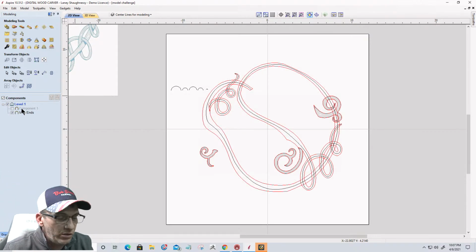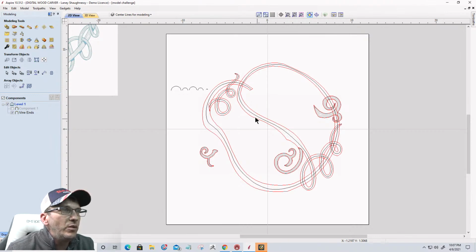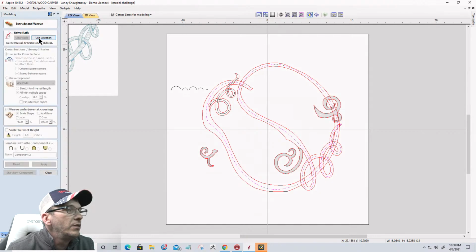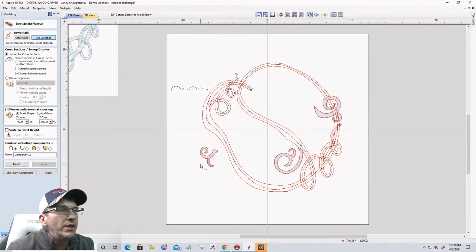I need to have these two lines intersecting with one another. This line and this line. Now this would be our drive rails. And therefore